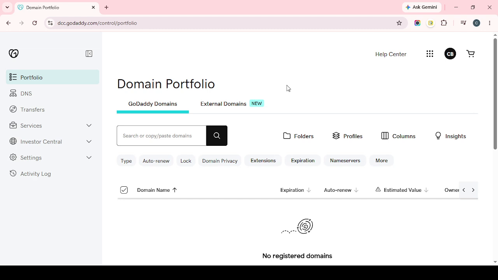Finally, update your domain's name servers in GoDaddy so they point to the GreenGeeks name servers. After saving the changes, allow time for DNS propagation. This can take anywhere from a few minutes to up to 48 hours, although it often updates sooner. Once propagation